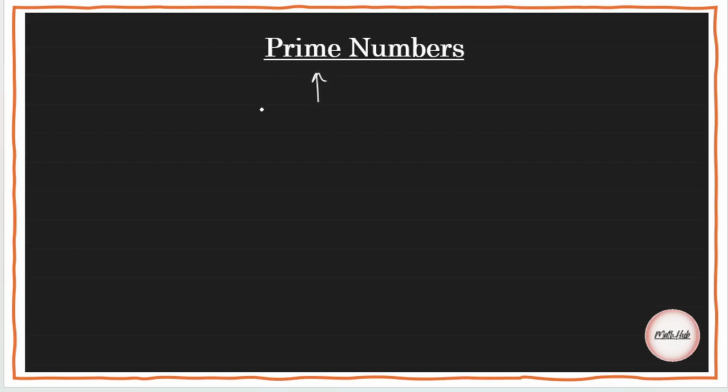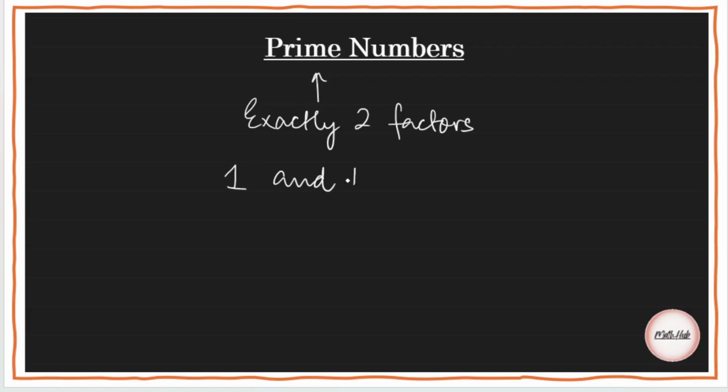The numbers which have exactly two factors are called prime numbers. And which are those two factors? 1 and the number itself. All right. For example,